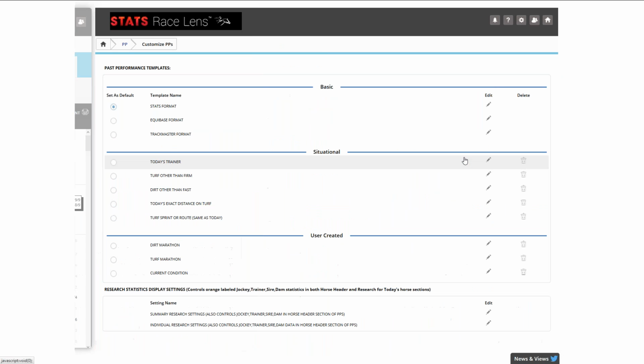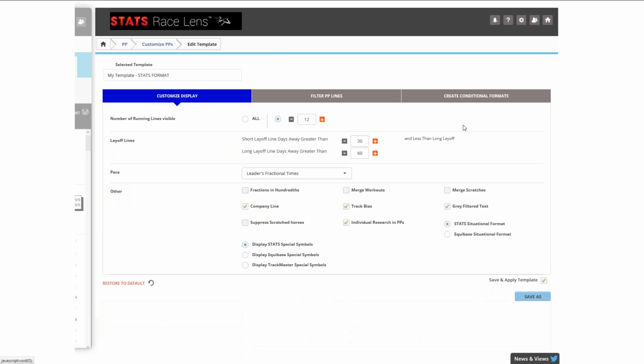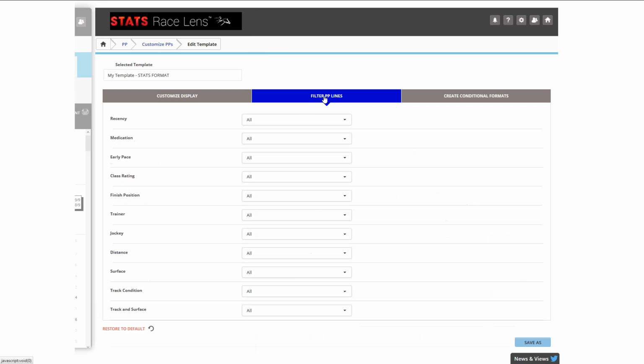So when we click on the Customize TPs, we'll just edit the stats format. There it is. Yeah, other than firm. I've never noticed that before. Yeah, so there was one already there, and then if you were creating it on your own, same thing when we're in the